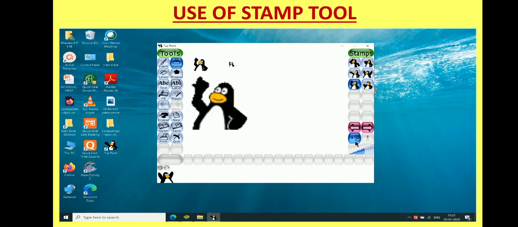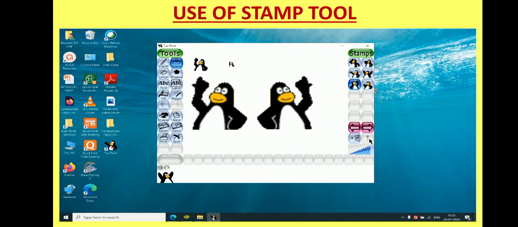This tool can be used to make a mirror image of your stamp. If you click on this mirror image tool and then click on your canvas, the selected stamp's mirror image will be reflected on your canvas. You can compare both the figures. Both these stamps are mirror image of each other.